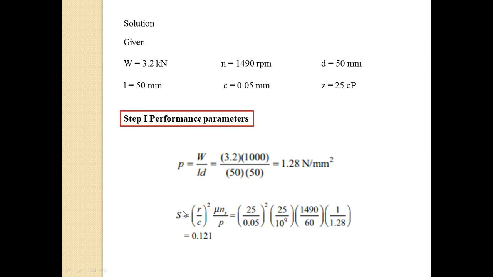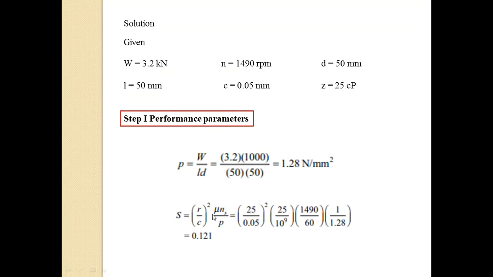While finding the Sommerfeld number, we must know all these terms. In the problem statement, R, C, mu and Ns are given, but we don't know P, so first we found P, that is 1.28. Now put the values as they are here. So the Sommerfeld number S is equal to